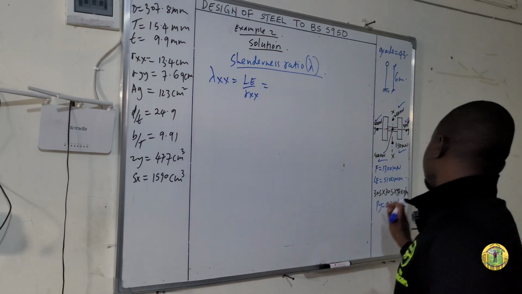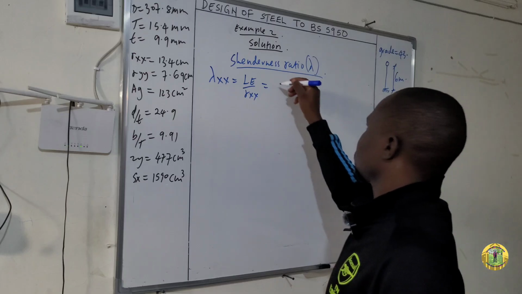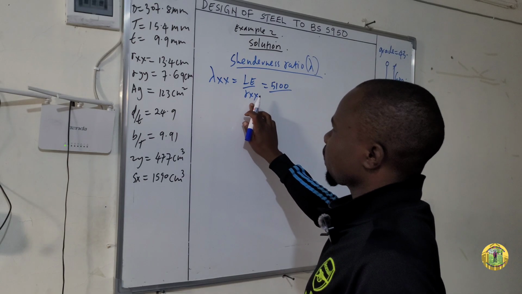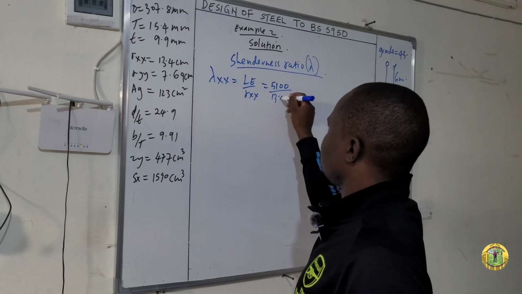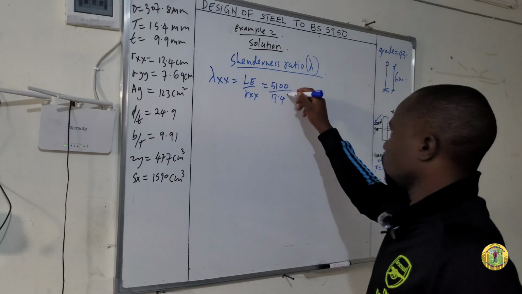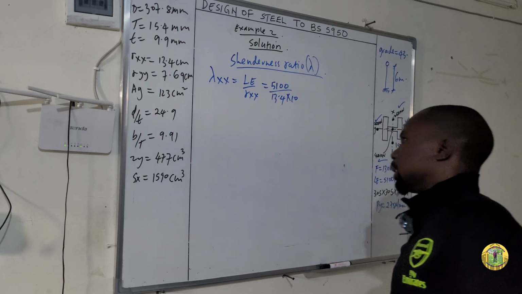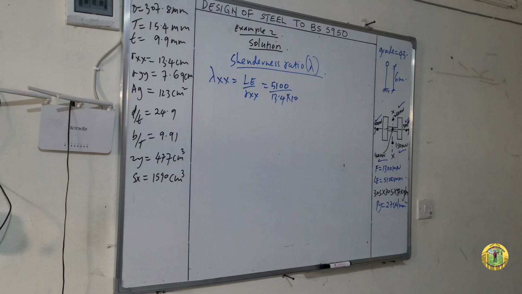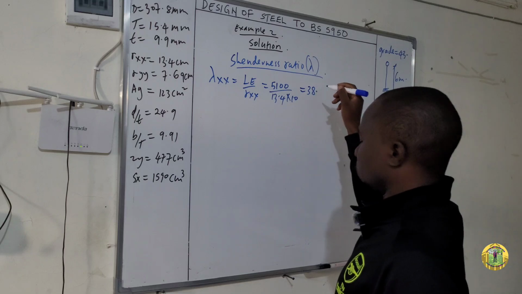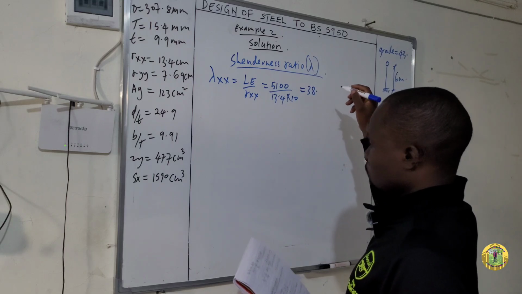So LE, we have it here, 5100 over RXX, which is 13.4 centimeter. So you'll multiply by 10 to make it millimeter. If you punch your calculator, you will get 38. So this one is equal to 38.06